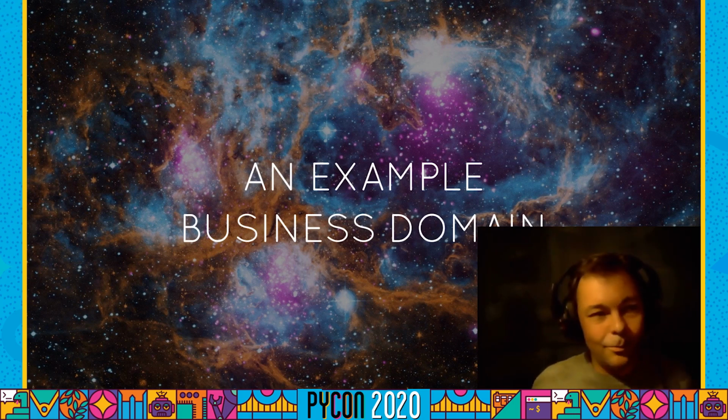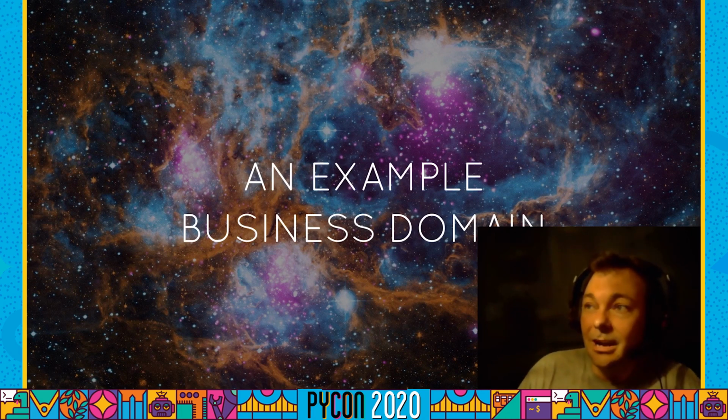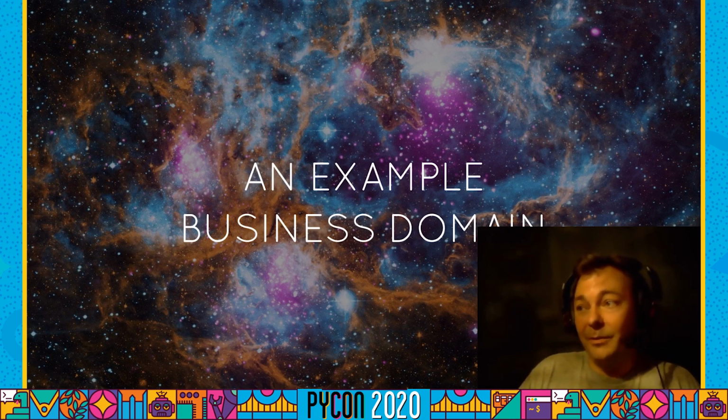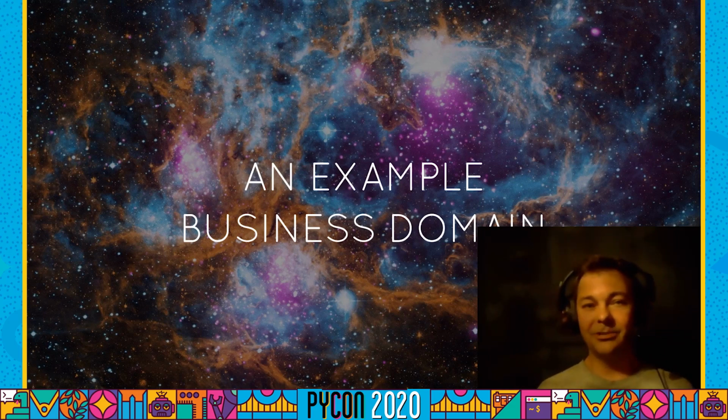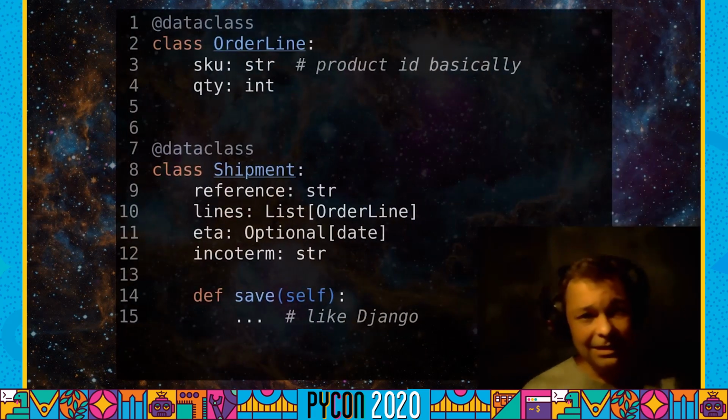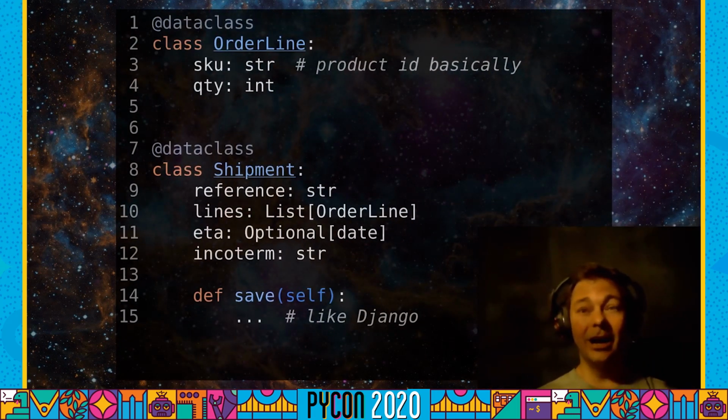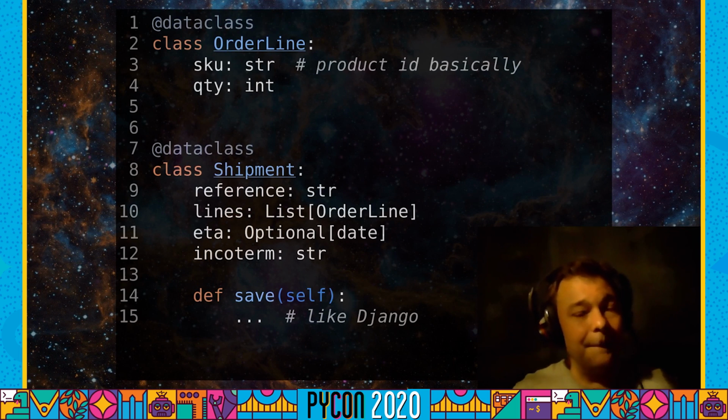Bob and I were working in a certain business domain, and so I guess I learned some of the things I'm talking about from programming with him. And so I want to try and recreate that a bit for you by having some example code that we can use to illustrate the ideas we've got here. So the example is in the world of logistics. And let's imagine that you've got shipments of stuff that you want to track.